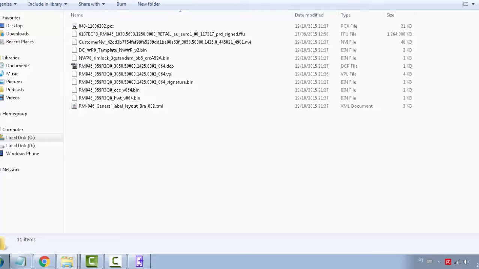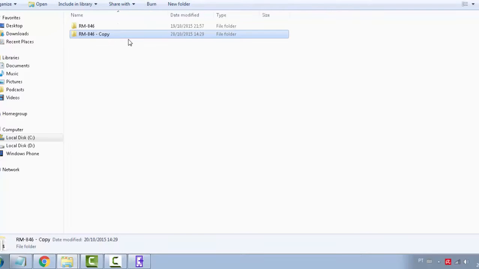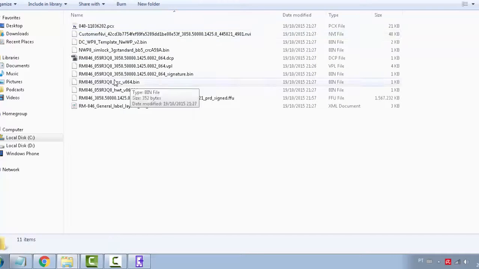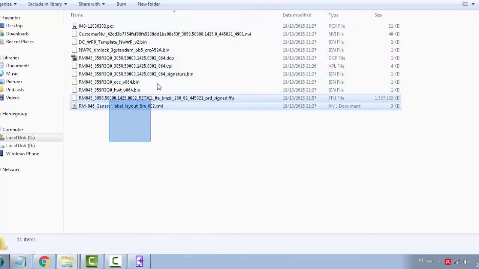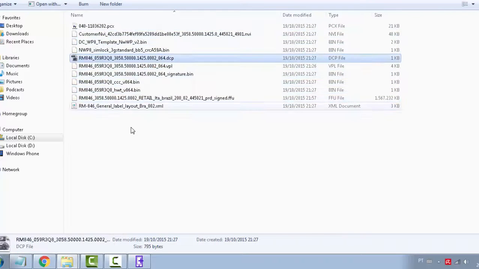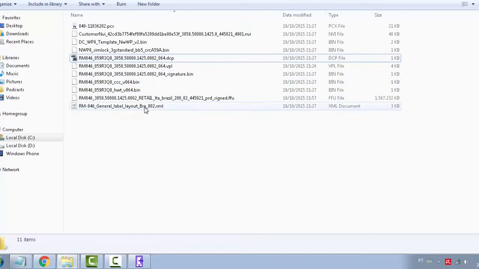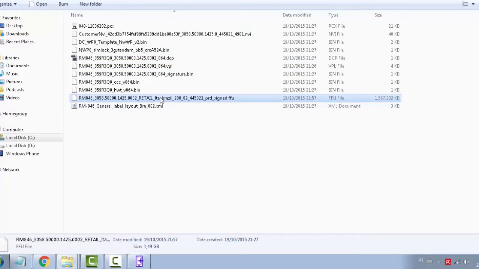You go back to this folder called products, open the RM-xxx folder with the last firmware from Nokia. You copy the name, sorry, you copy the name from the FFU file. You copy it,